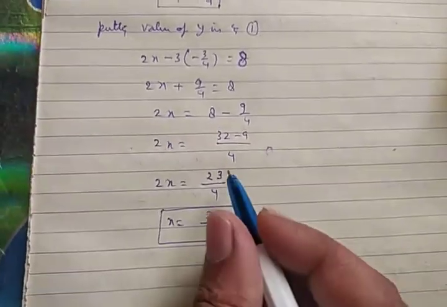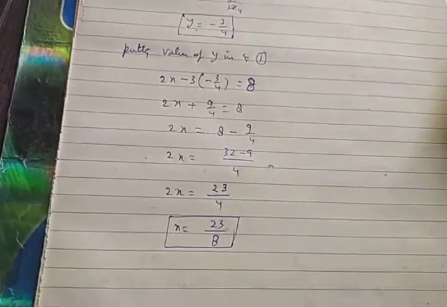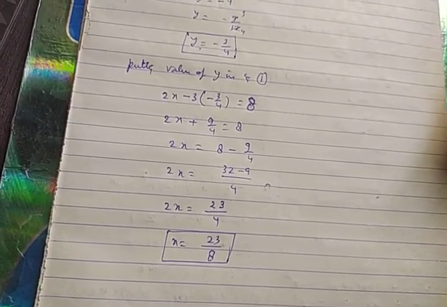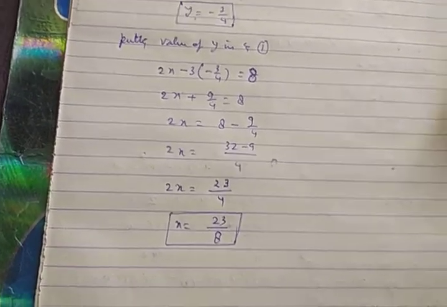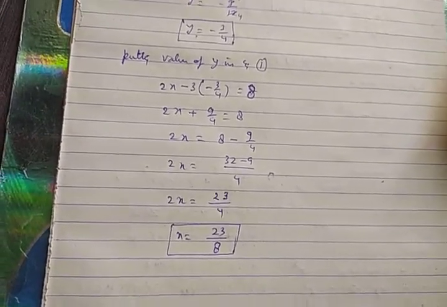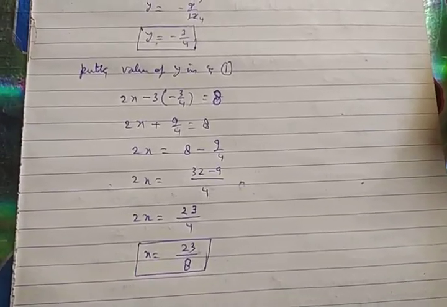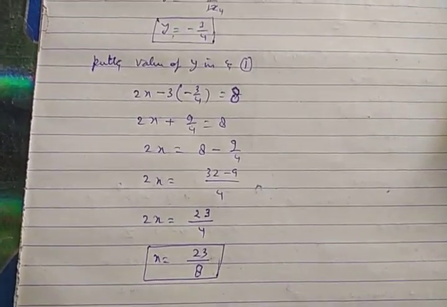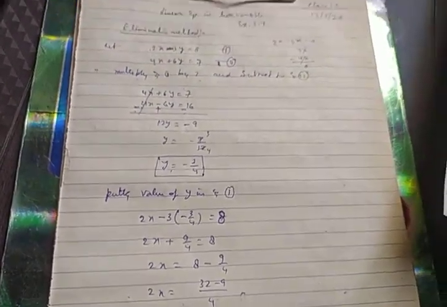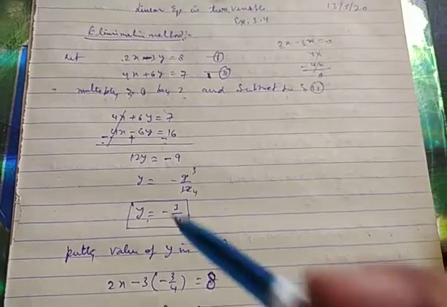I am taking a random question, so the values are coming fractional. In your proper solutions in the given questions of the exercise, the values will come proper integers. Fractional values may also come, but it may come as normal values like 2, 3, 5, 7, whatever the question gives. This is the whole process of the elimination method.